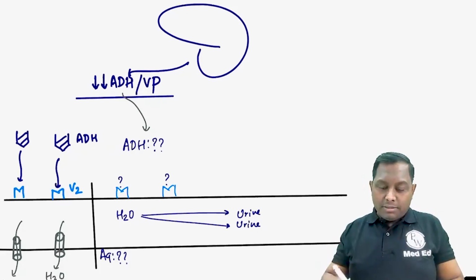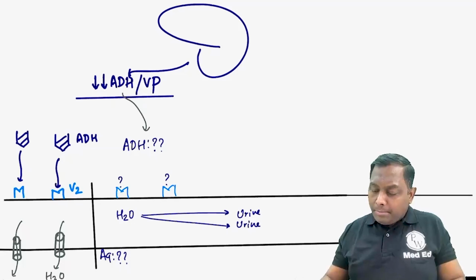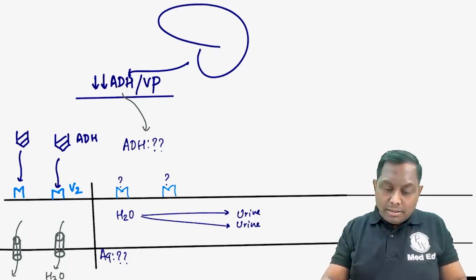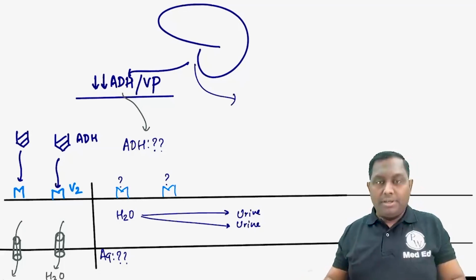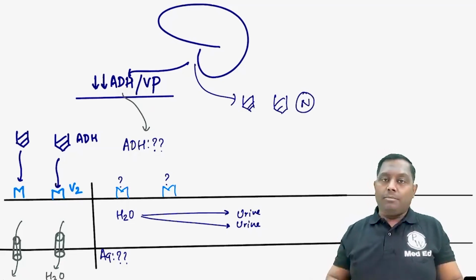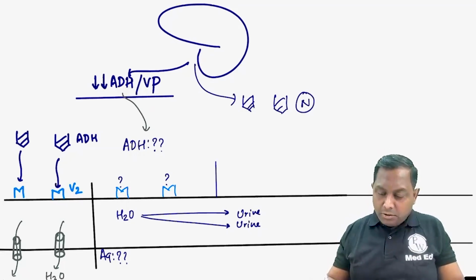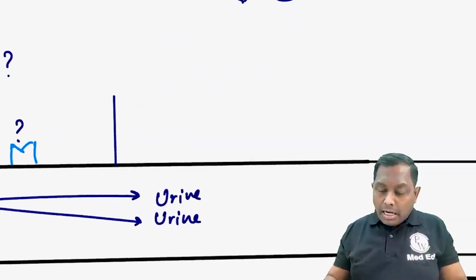ठीक है, अब एक और समझ लीजिएगा. In the same scenario there is one more condition where we see that the brain is giving a normal amount of ADH, उसमें कोई कमी नहीं कर रहा है. There is a normal pituitary that is giving a normal amount of ADH, वो नॉर्मली दे रहा है. Anti-diuretic hormone is coming normally from the brain, but what happens in the next scenario is there are V2